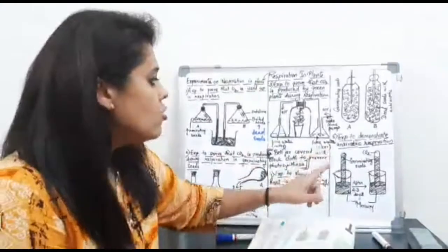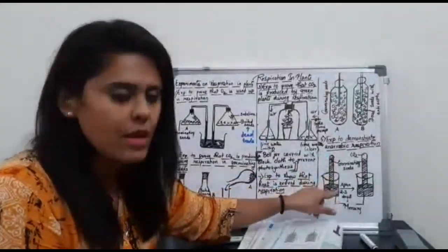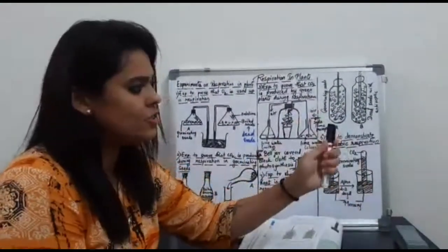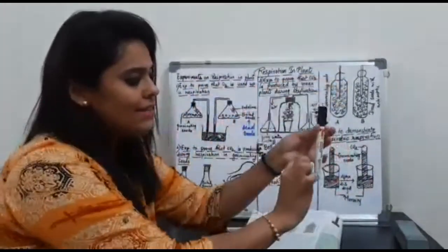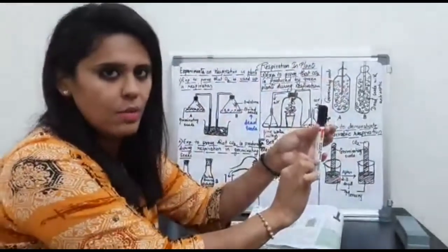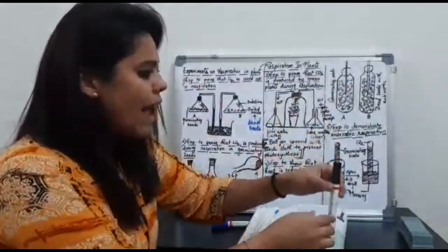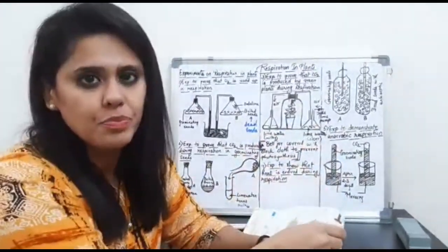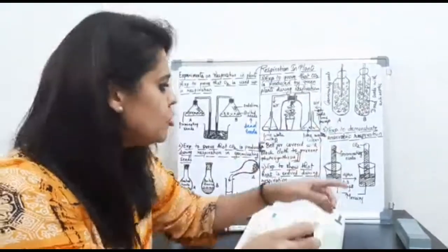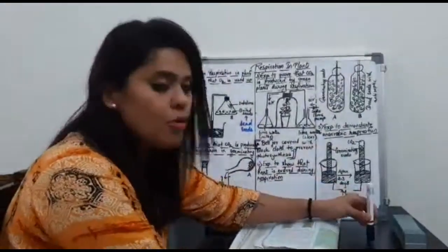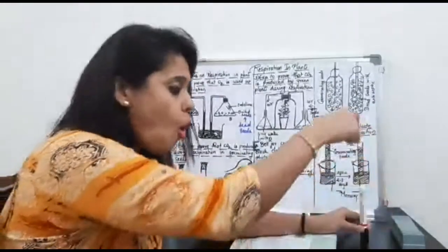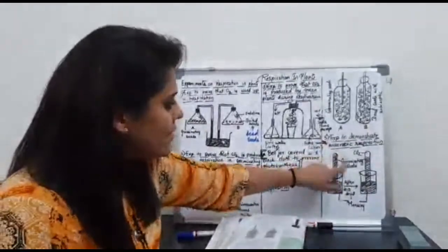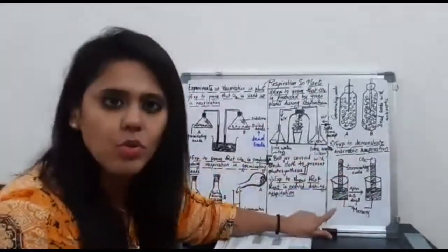dioxide gas. So here you have to take a test tube, and on the mouth of the test tube, for example, if this is the test tube, you have to add 7 to 8 seeds. Okay, and then you have to fill mercury in this test tube and invert the test tube in the beaker which is already filled with mercury. Okay, and this is the exact setup you have to create.